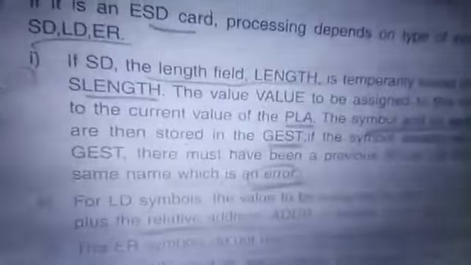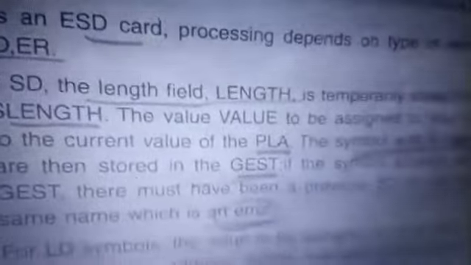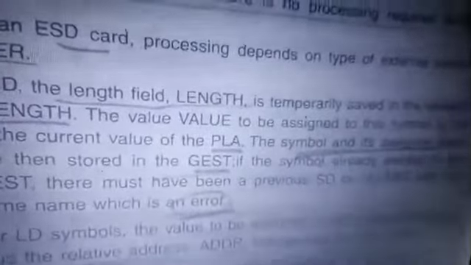Then you have the ESD. In an ESD, it depends on three types: whether it is an SD, an LD, or an ER. The SD tells me the segment length, how long a segment is. Clear? So the length of the segment is stored. That's what I told you, 41. SD is nothing but the length of the segment. So one segment is 41, the second segment is 30. So I get the length, which is stored in a variable, so that I can assign till that.